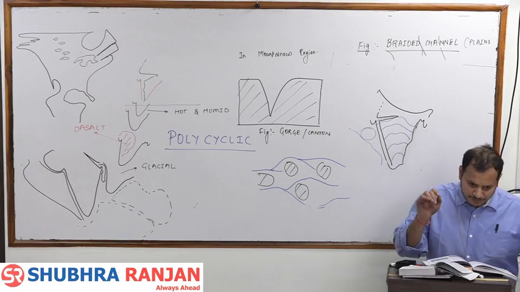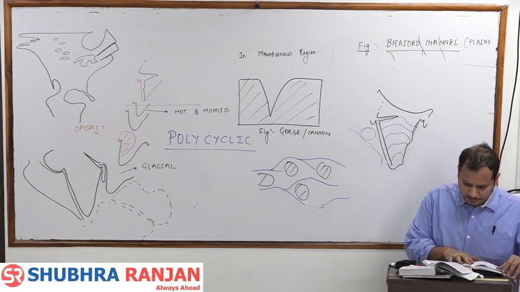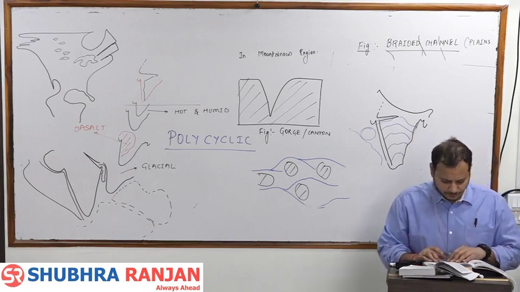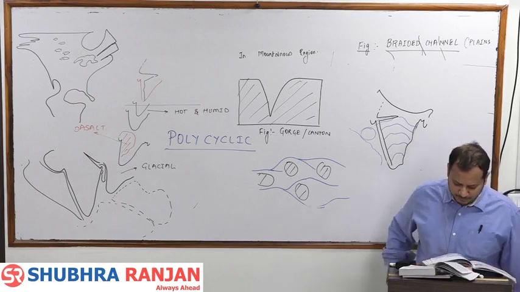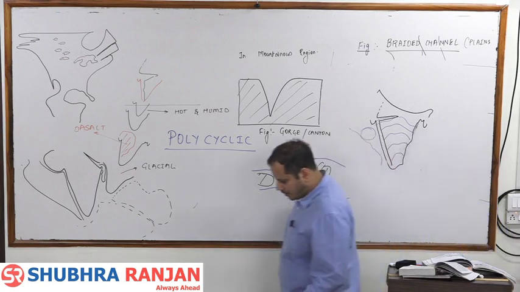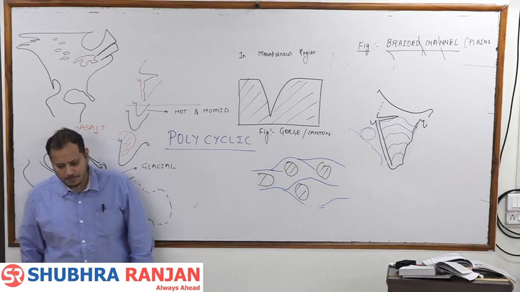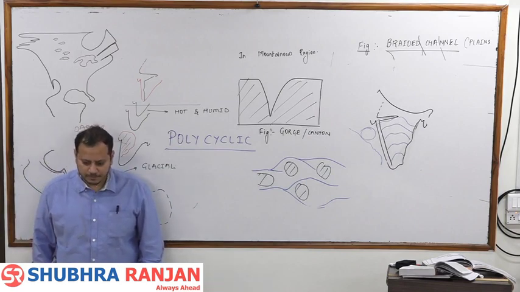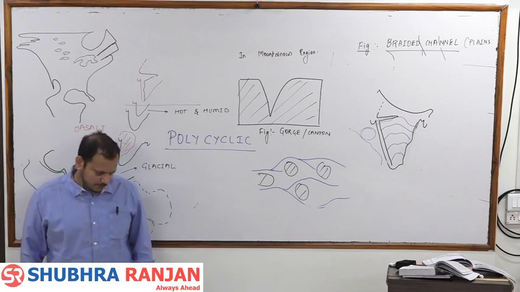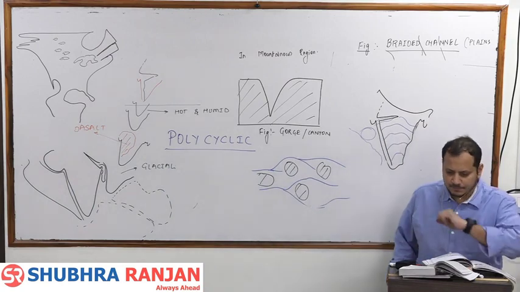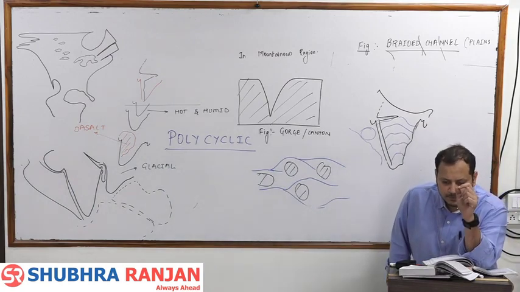There are very few landforms which are an outcome of only a single cycle of erosion. Next point,